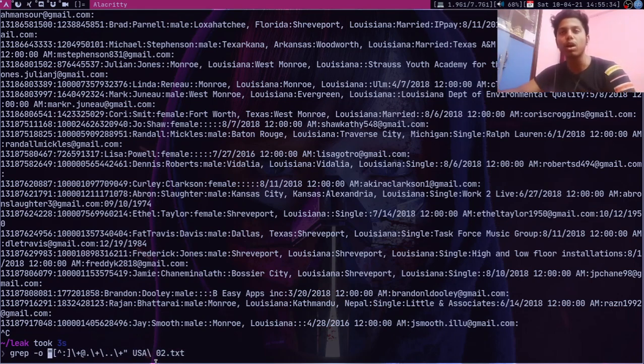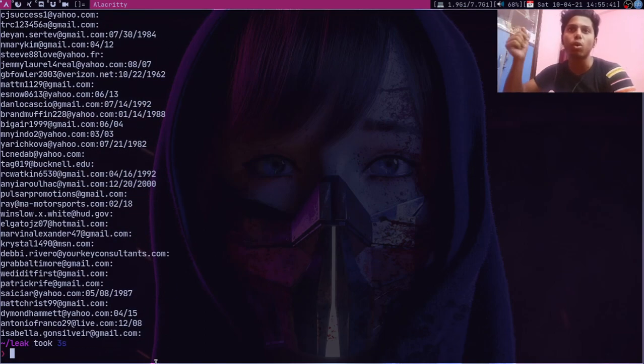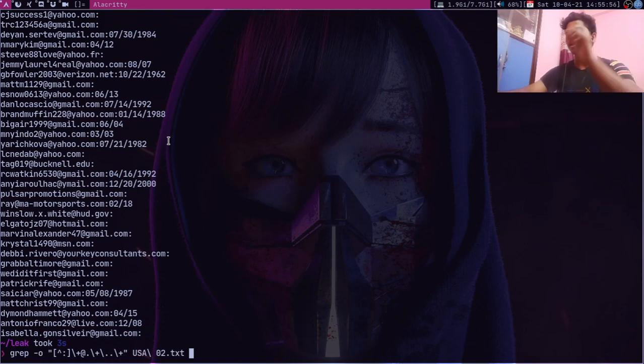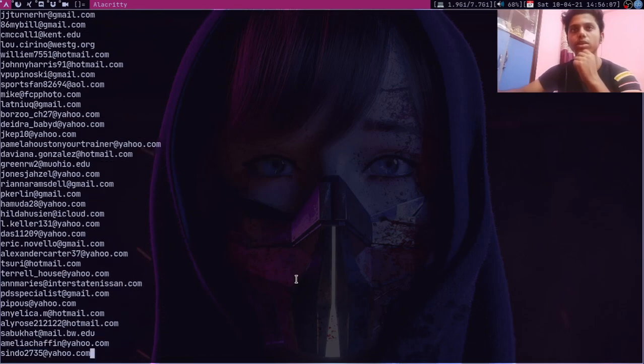And I'm just going to print out the data that's only matching. So if we just run this, and it's taking all this time, we can see that we have almost got the email, almost. Other than that, there's some extra data, like some date and all this. So we can get rid of that by using the cut command. We can use cut with the delimiter as colon and then -f1, which basically means it's just going to use this part. So if we run this, let's see.